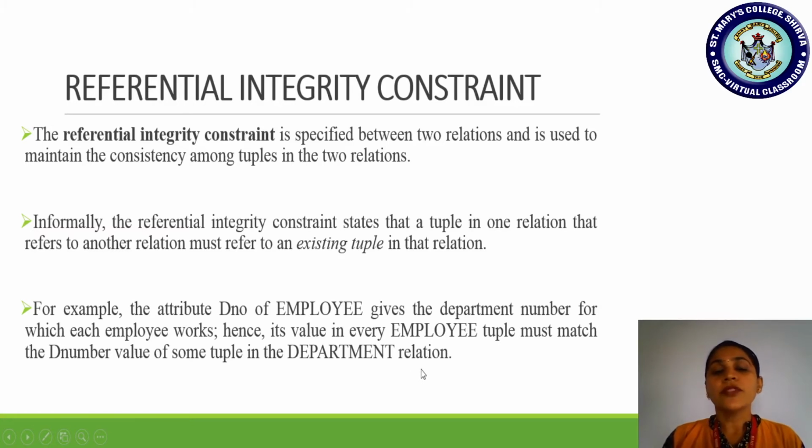It means that whenever we add department number information for the employees, those department numbers should exist in the department relation.